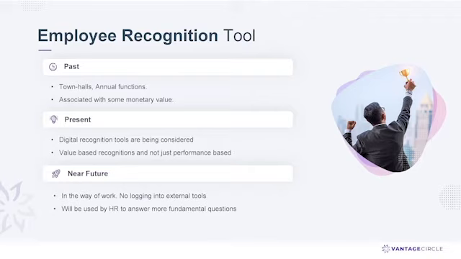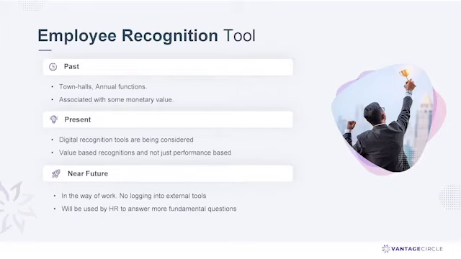the policies. So in the past, these tools, these rewards and recognition that used to happen in town halls, were usually associated with some kind of awards. The picture shows on the right-hand side. But what is happening in today's world is that there is this thing called digital rewards, which are basically, I mean, it can be associated with monetary value, but there are no real physical gifts that people are giving